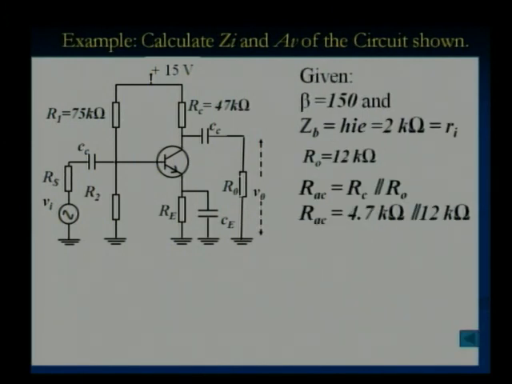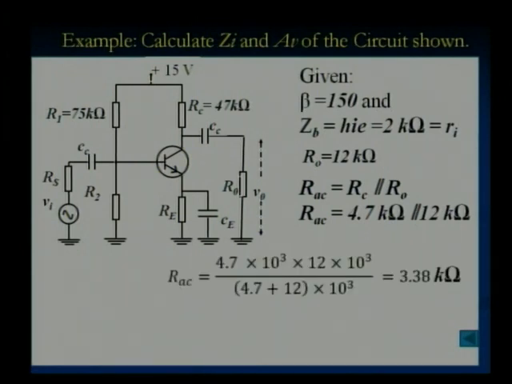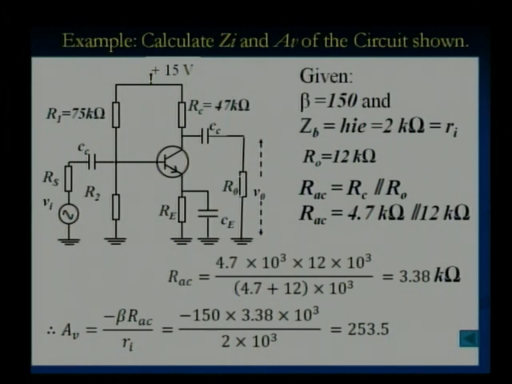Likewise, the voltage gain of the circuit with these parameters can be found out. First of all we need to find R_AC, the effective resistance at the output, which is equal to the parallel combination of R_C and R_O. By taking that parallel combination in this circuit, R_AC turns out to be 3.38 kilo ohm, and using those values, putting them in the formula of the voltage gain, minus beta R_AC